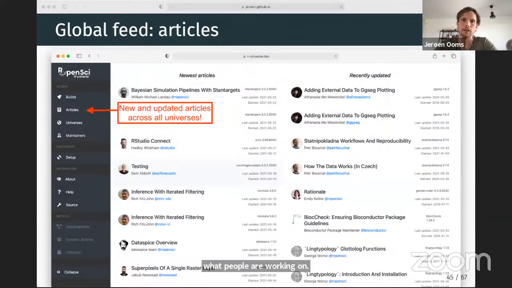ecosystem. Similarly, we have a feed for articles, so you can see which articles have recently been created or updated across the entire ecosystem. So this actually works very well. It's very cool. I've discovered several cool new R packages and new features just by looking at what people are writing in